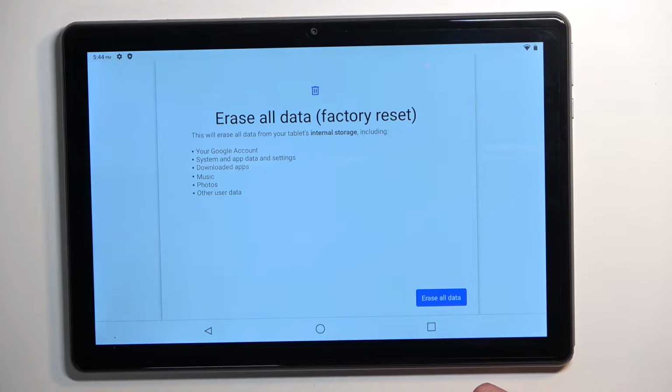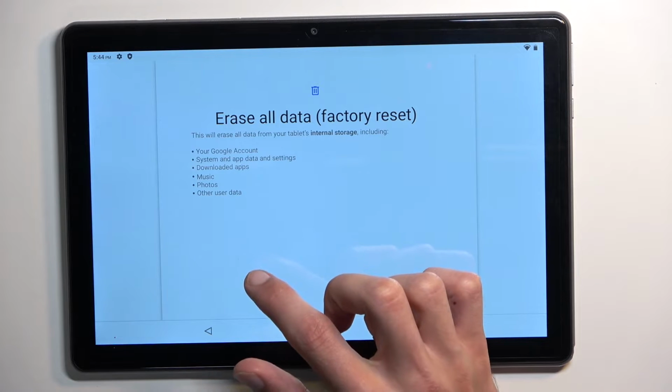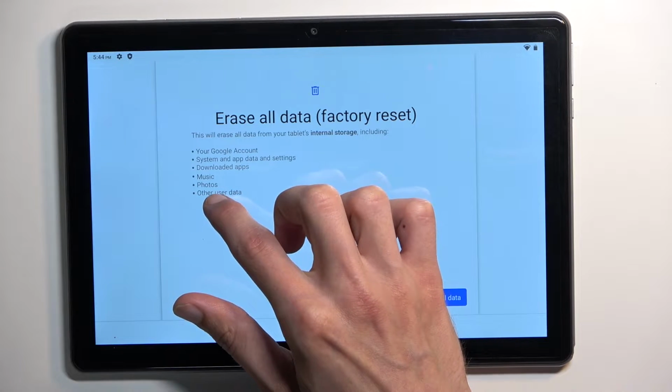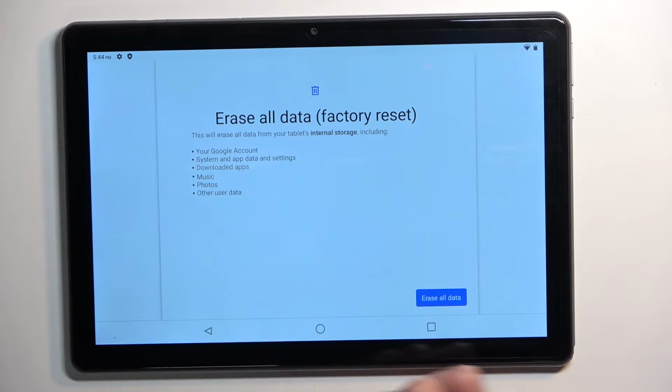right here. Now, to be completely honest, in most of the cases, all you should probably care about are the three last options, which is music, photos, and user data, assuming you keep them locally on your device. The three above options are usually cloud-based, or at least the info for it is. So accounts, you can just relog in. System and app data will be regained, and then downloaded apps, obviously you can re-download them from Play Store, and